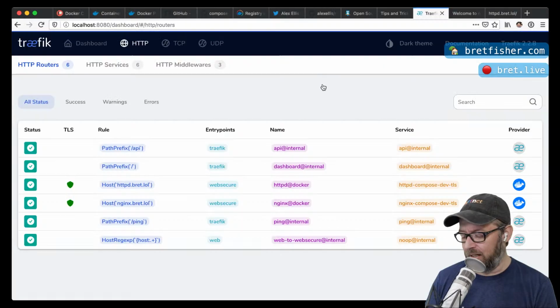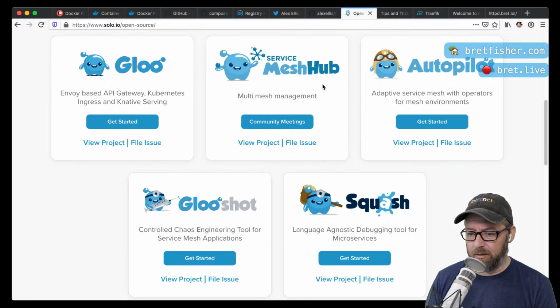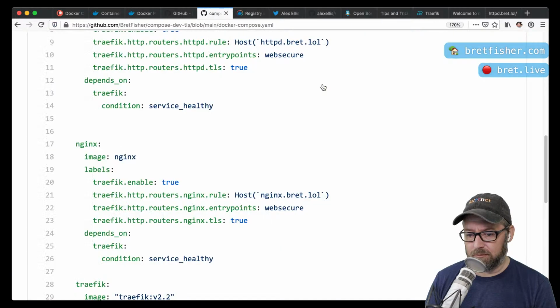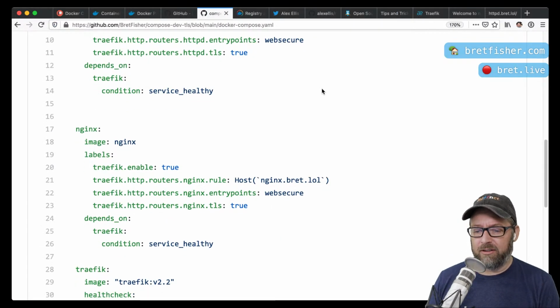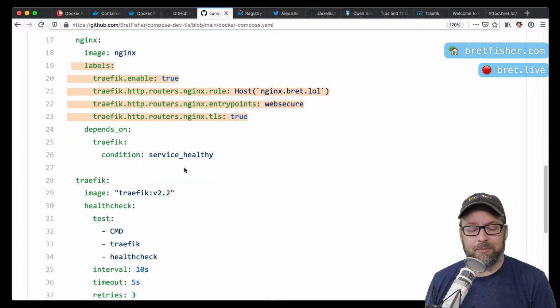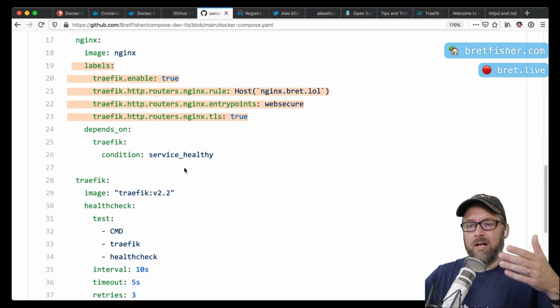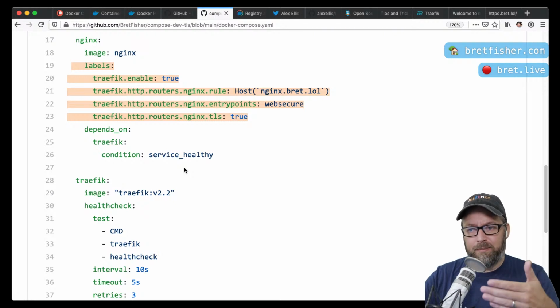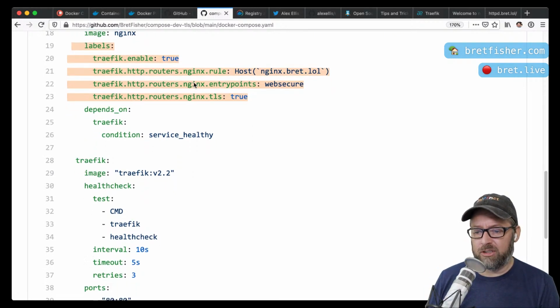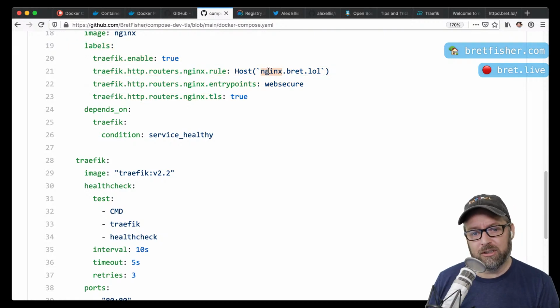Just add your stuff in there, and basically you're going to copy these labels into your own apps. So every one of the things you want to be published on the HTTP ports locally on your machine, you would just add those to it. And you would just change the router name and the host name. And that's the only 2 things you're going to change.